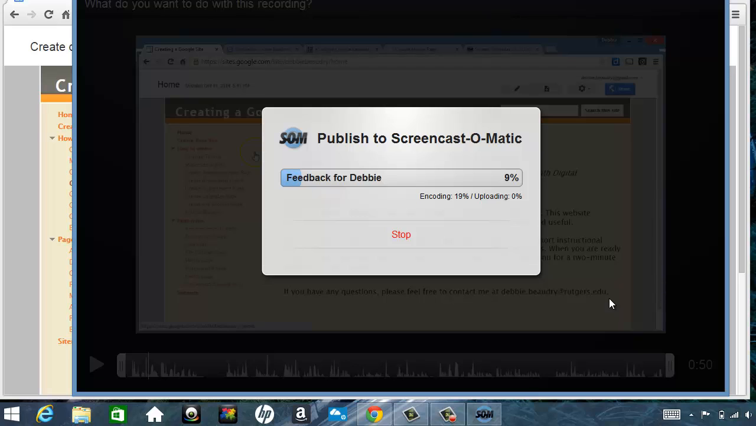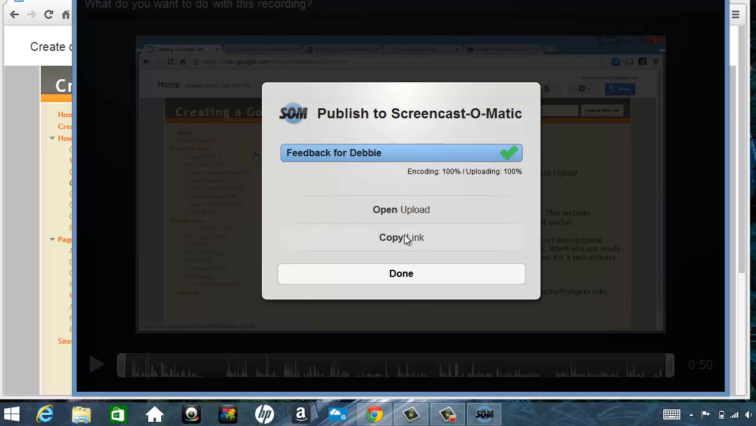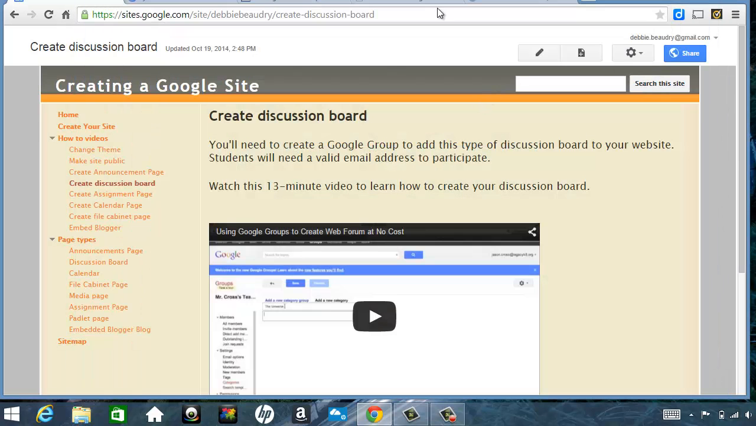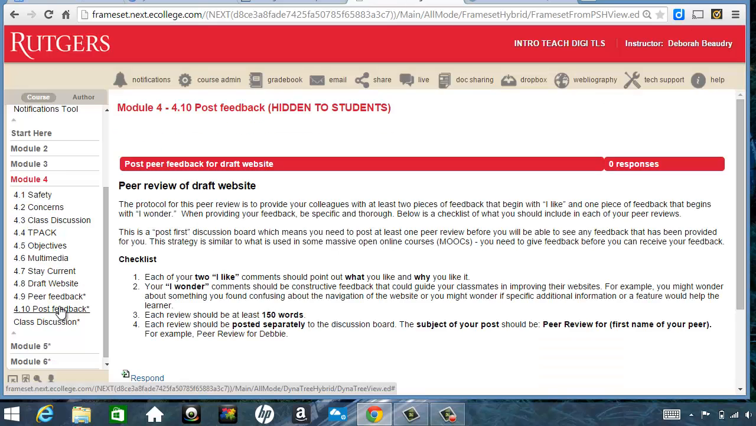I had logged into this beforehand, so if you haven't logged in yet, when you go to Publish, it will ask you to either create an account or to log into your account. The longer your screencast is, the longer it takes for it to upload to Screencast-O-Matic. Now when it's done, I can copy the link, and what it's done is it's copied that link to my clipboard. So when I click done, now I can go into our course, and I will go to the post feedback section,